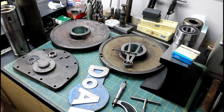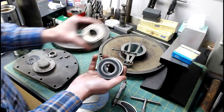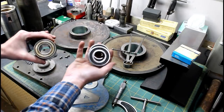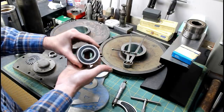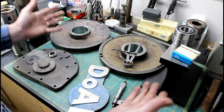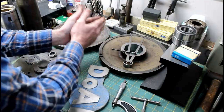So, new bearings come in for the drive wheel. I decided to go with rubber sealed instead of the original metal shielded. I just believe these are a better candidate to avoid getting swarf in them, so we went that direction. So we'll have to install those also. So yeah, getting close. The center pulley section is in the lathe right